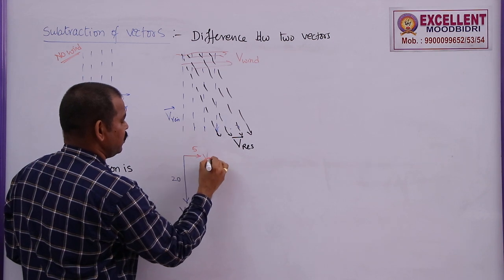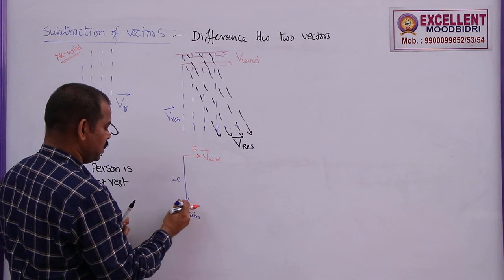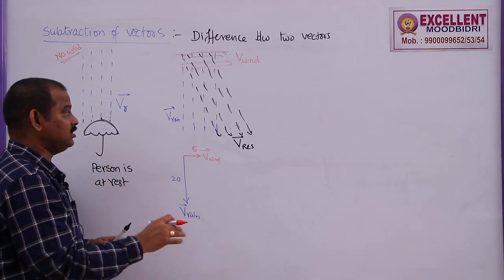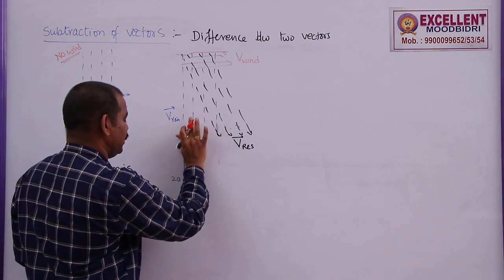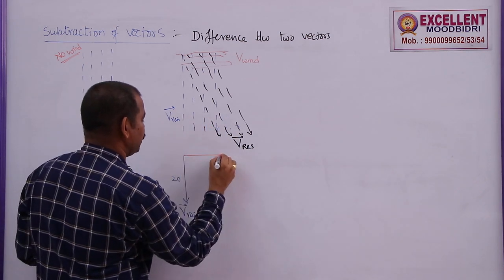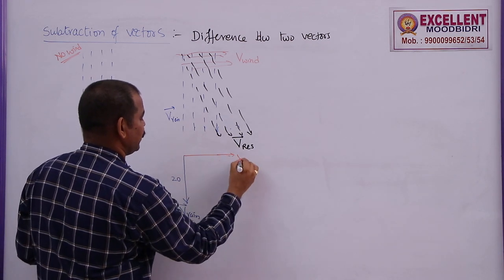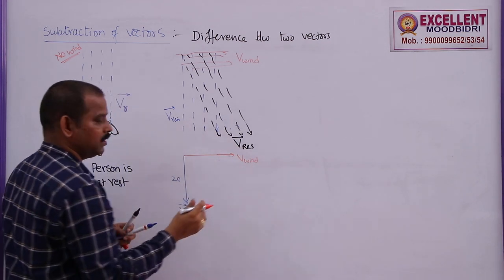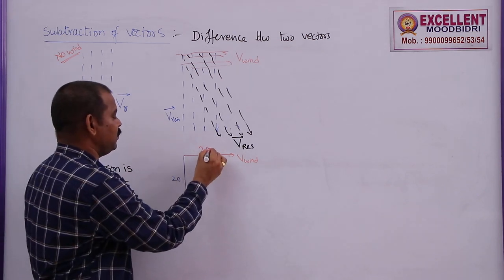So this is V wind, that is V bar. This is also a bar, all are vectors like this. Let us say if the wind velocity is also 20, then the length of this arrow or line should be equal to this one. So this is velocity of wind. So there are different cases, because in a problem they may give similar velocity or different velocity.